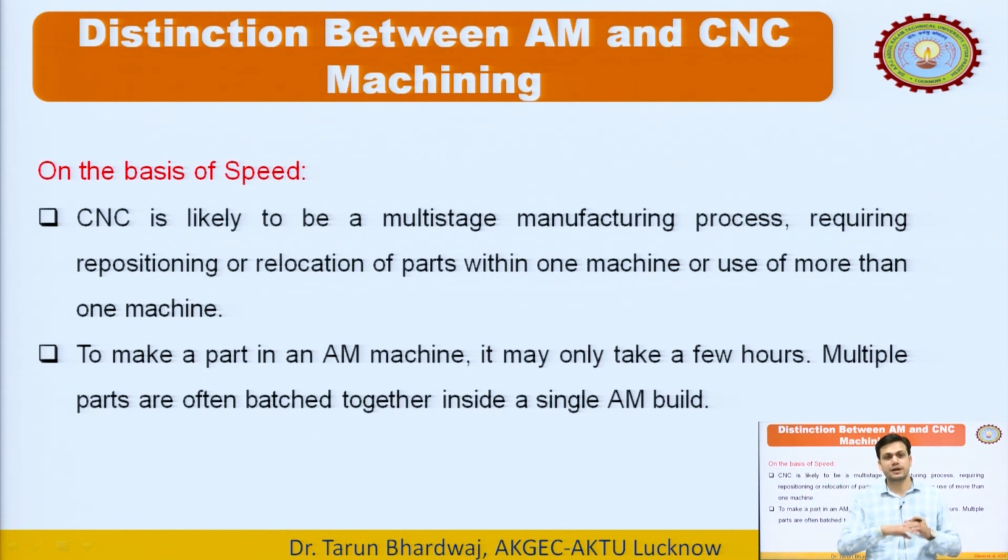But if you compare it as a whole process, for machining that particular product you have to do milling on one CNC machine and turning on another CNC machine. So that will take your time. But in AM machines you have to do everything on that particular machine. You are creating the whole object on that particular machine. So on that basis, if we take the speed, speed is very high for this additive